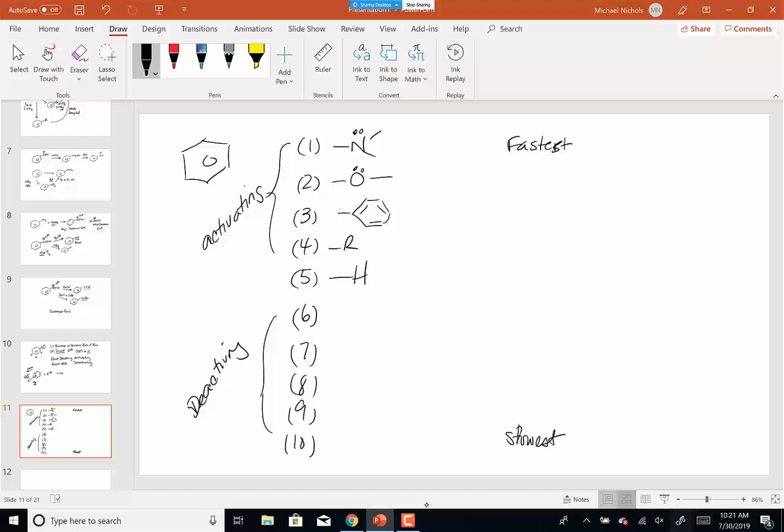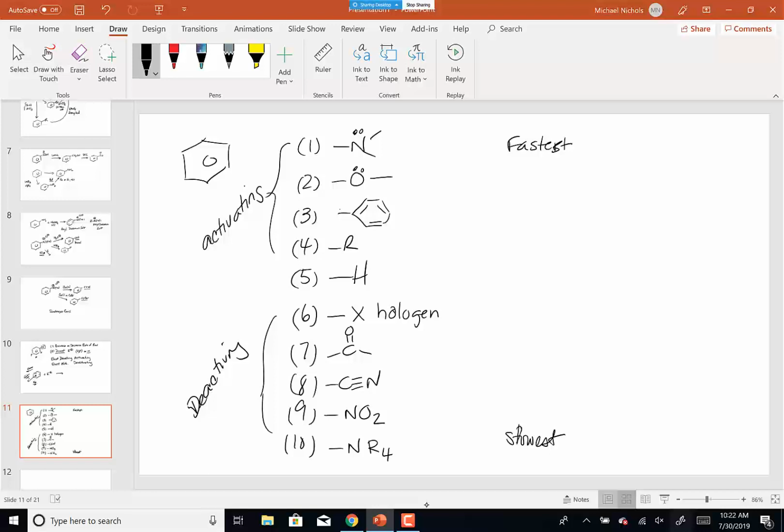Then we have benzene. Number 6, now deactivating halogen. Number 7, any carbonyl group. Number 8, C triple bond N. Number 9, NO2. Number 10,